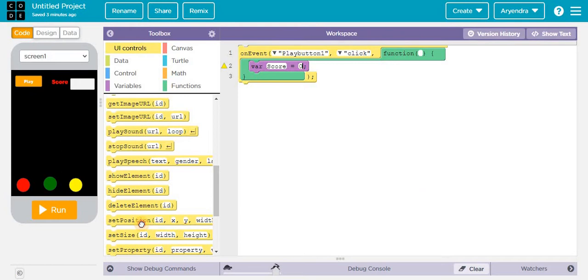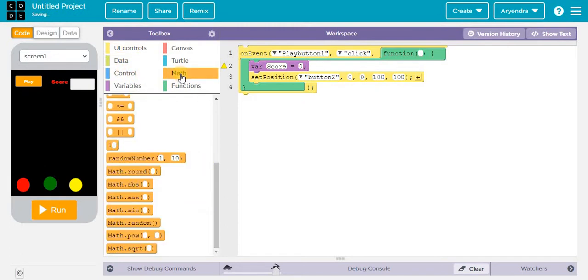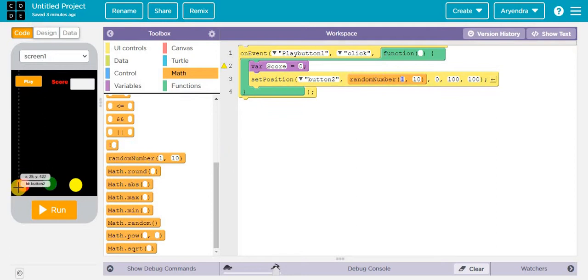and then take this set position and drop it here and then select here and then click on this ID and select button 2. Now we need to go to math, take this random number and drop it here and then 6x27. Now we can type here 10 and then here 300